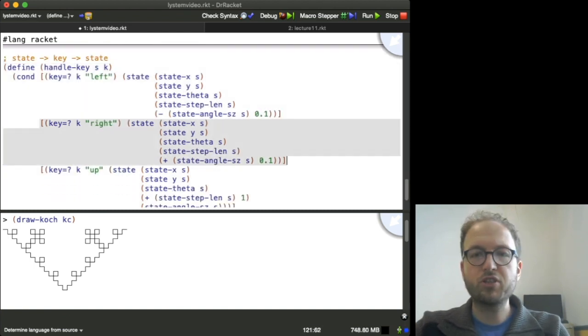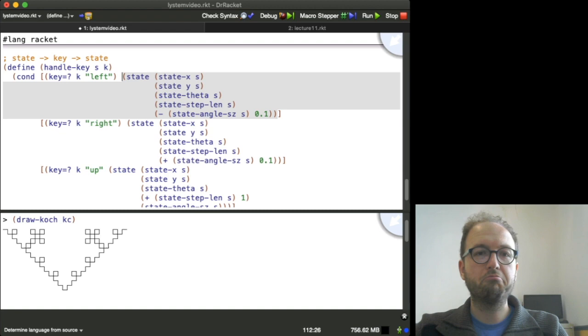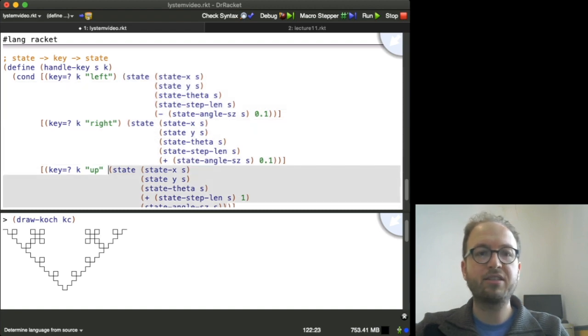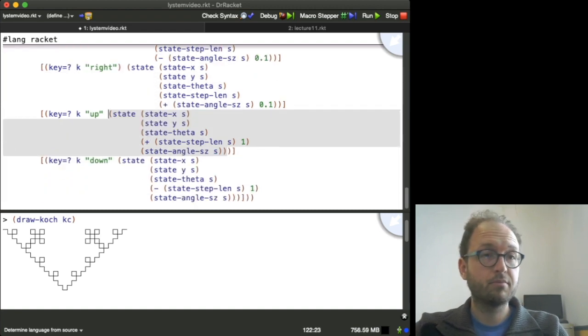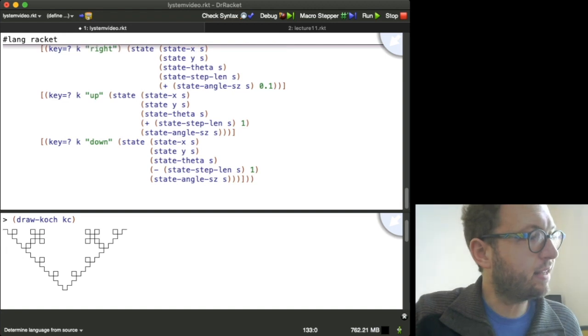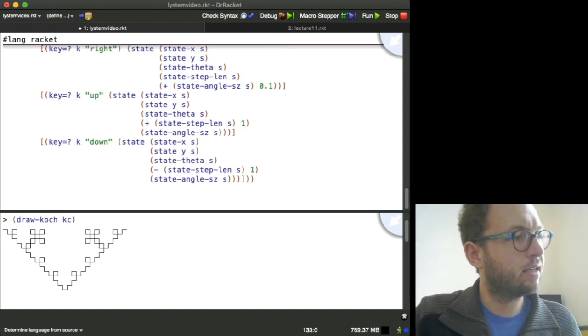Okay. So that's kind of a lengthy function there, but it's mostly all redundant. We're just taking in a state and a key press, and we modify a particular aspect of the current state based on which key it was. Okay. The slightly more interesting thing is going to be